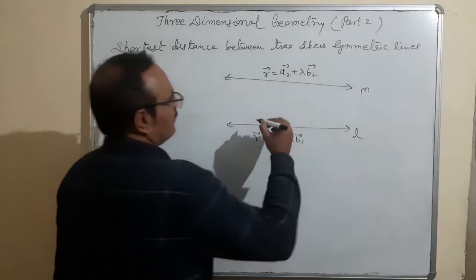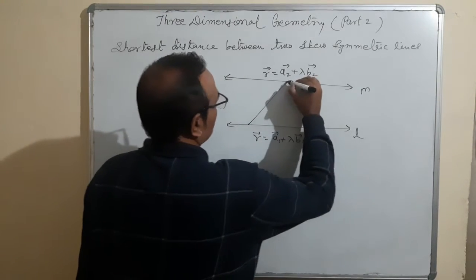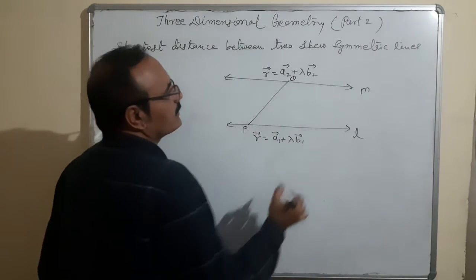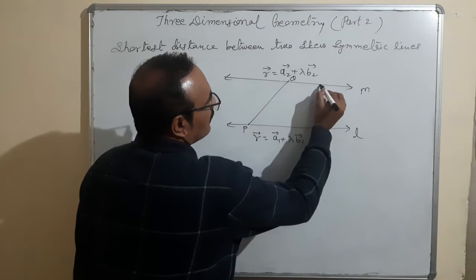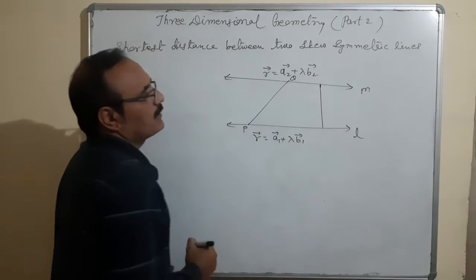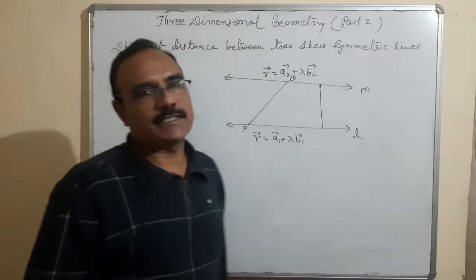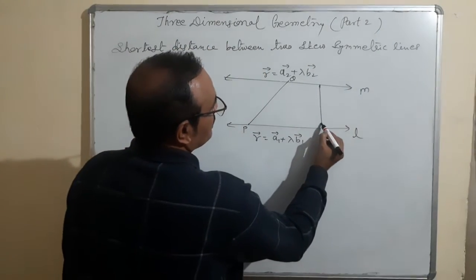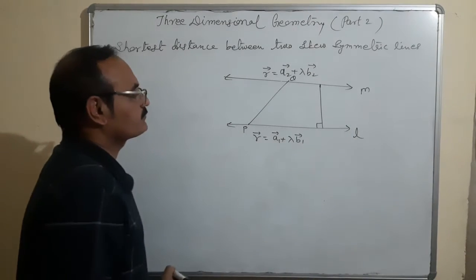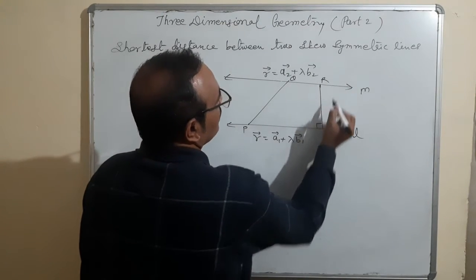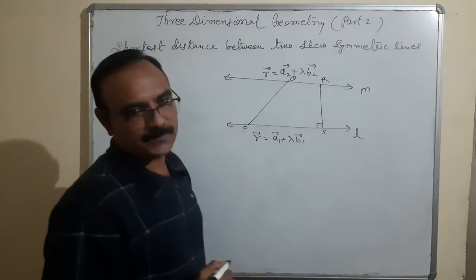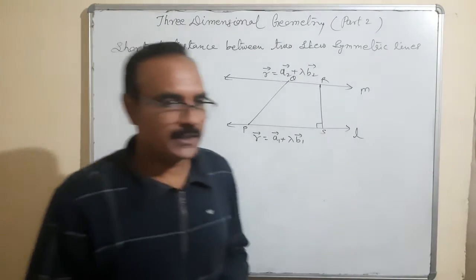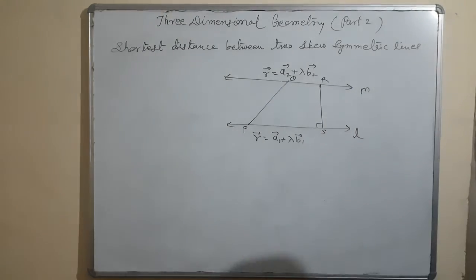Is it okay? Suppose this is the point P, it is Q, right? And this is treated as the shortest distance. This is the shortest distance between them. So it is a 90-degree angle. R, and it is S, shortest distance, right? First of all, we'll understand one concept. Let me tell you.